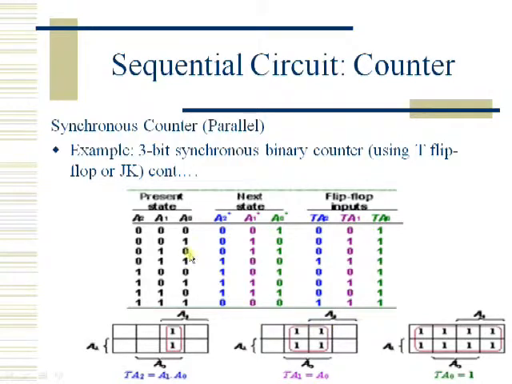Considering the inputs as A2, A1 and A0, then you'll get TA0 equals 1. As you know, here we have 3 variables, therefore we have to go with a 3 variable map, and if the 3 variable map is filled up with all the minterms, then we'll get logic 1. In the same way we have to implement the K-map for TA1 as well as for TA2, and these are the expressions that we have got. Here TA0 is 1, TA1 is A0, and TA2 is A1 A0.